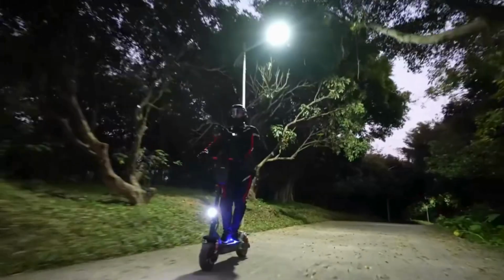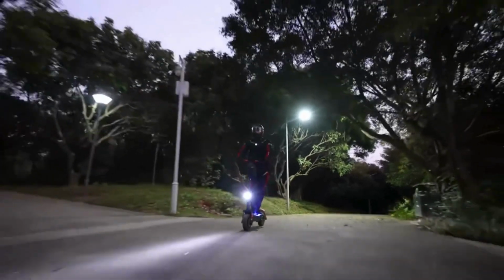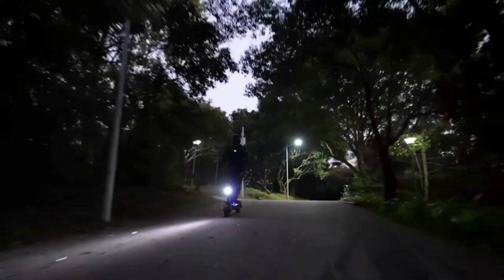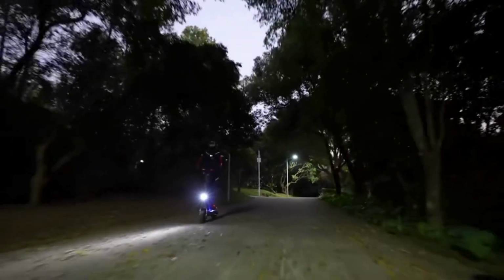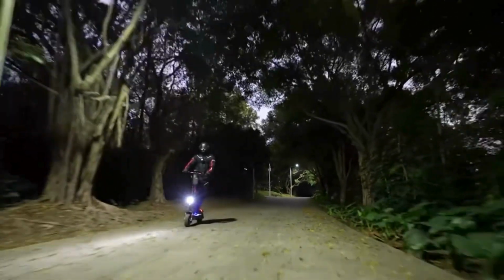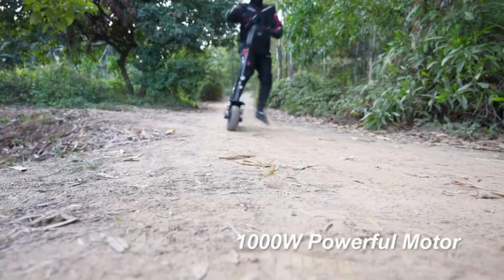The X5 Plus is also equipped with a dual braking system, combining front and rear disc brakes with eABS electronic braking technology. This advanced braking setup ensures precise control, shorter stopping distances, and enhanced safety in all riding conditions. Additionally, the front and rear suspension system absorbs road impacts effectively, giving you a stable and comfortable riding experience even